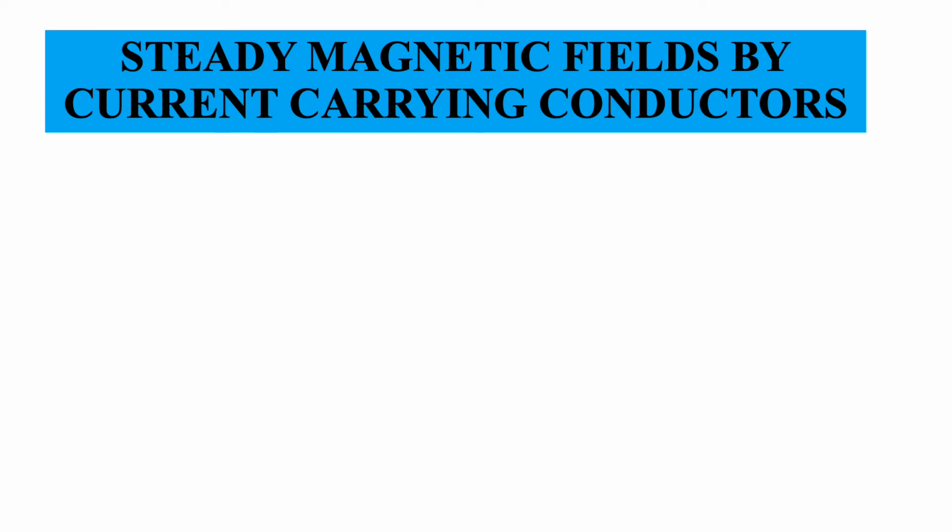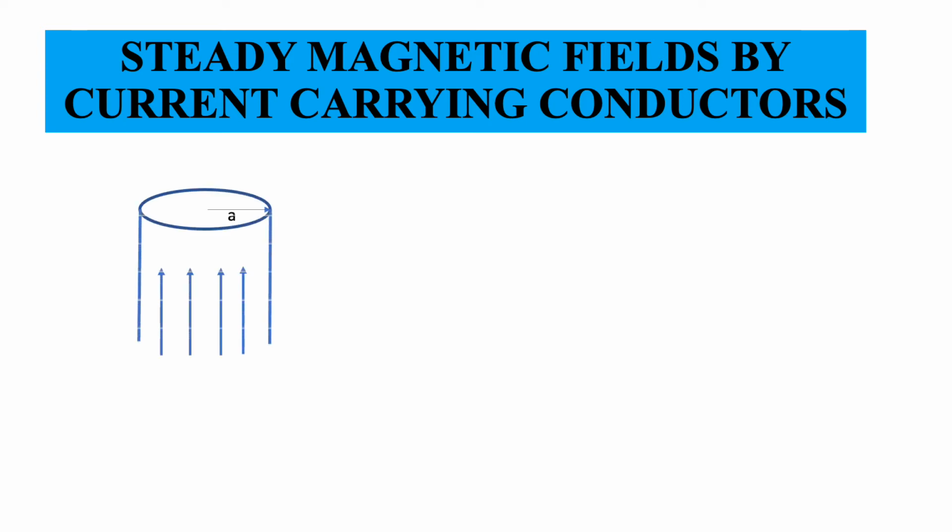Let us consider a different example now, something that is slightly more complicated than this. This is an example consisting of a circularly symmetric distribution. The current distribution is still circular and cylindrical, but no longer confined to a thin wire. What we actually have now is a solid wire of radius a. So we will assume that you have a thick conductor of radius a, but we will also assume that the current is everywhere uniform inside.